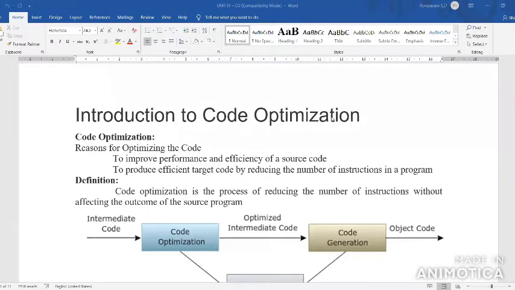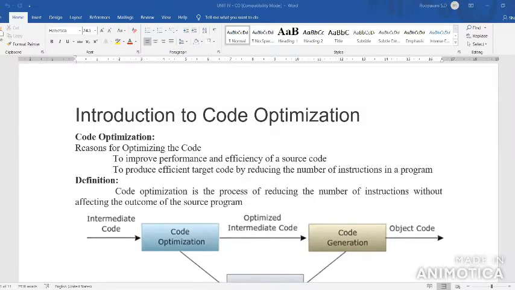The analysis phase is the front end of the compiler: lexical analyzer, syntax analyzer, semantic analyzer, intermediate code generation. Then what about the synthesis phase? The synthesis phase has intermediate code generation, code optimization, and code generation.